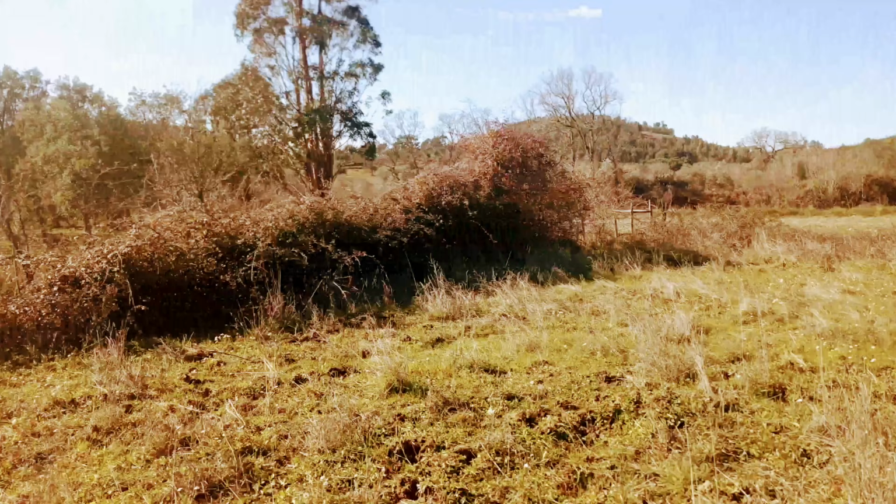And here we have some nicely maintained, very, very productive, I would think, olive trees. And there's maybe 10, no, probably 30, 40 olive trees here. And we can reach this boundary where there's another track on this boundary. And as we come down this boundary, you can look back upon the set of buildings there and the view over that side. And this is the olive grove,